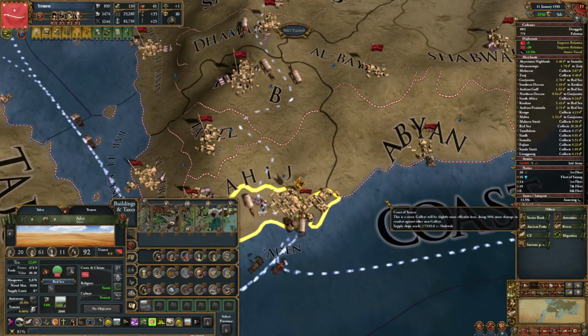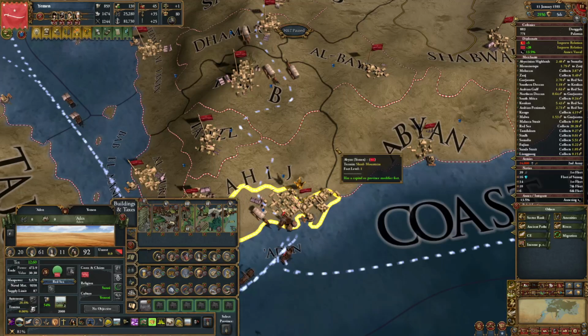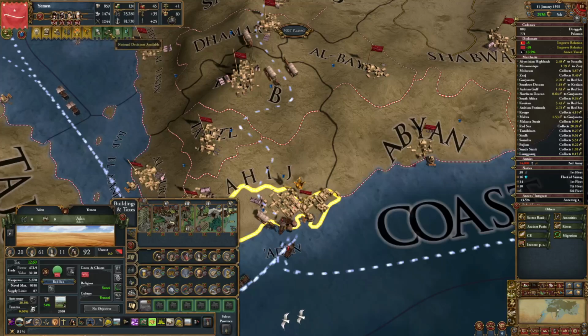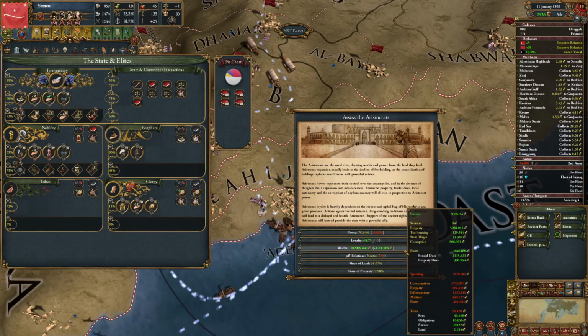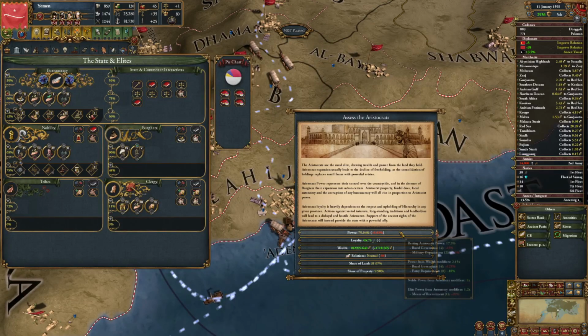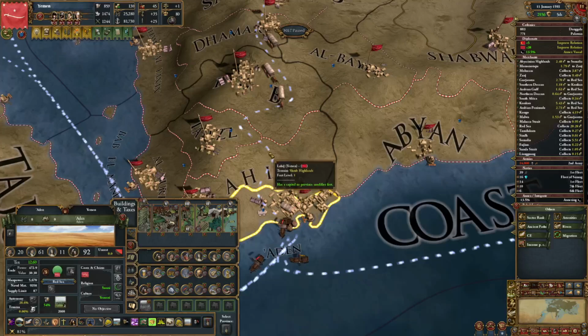And also, what plays a role, which is very important to note here, is the power of your estates and their loyalty. So basically, if your estates like you, so for example, my nobility here is at a loyalty of 65 and a power of 75, if I were to annoy them and the loyalty goes down, not only is the taxation cost increasing, also the autonomy is going up. Because the more power they hold in this province, the more stuff they can corrupt.